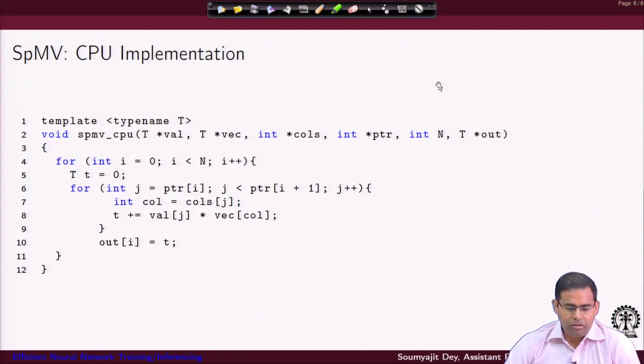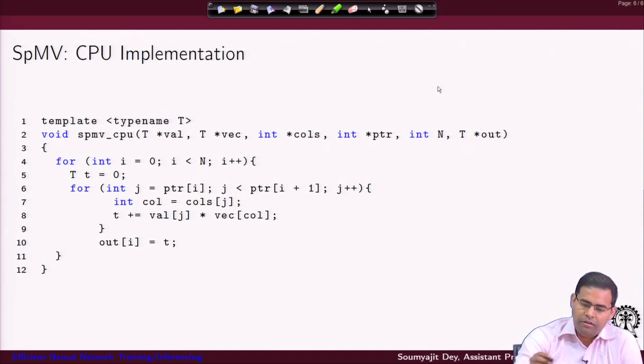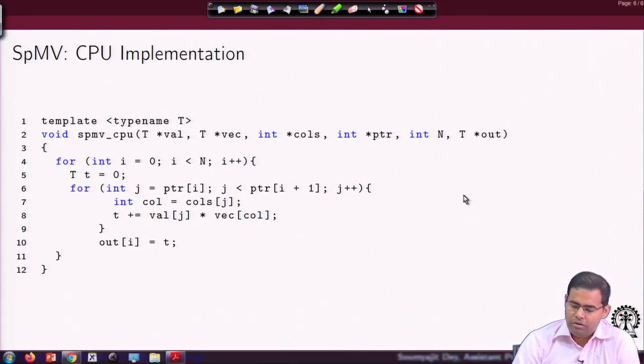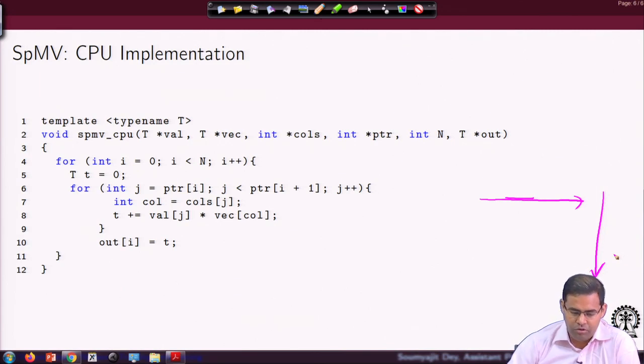Well, the next thing is, we will just shortly touch upon how this is really going to help you. Assuming that you have the storage in the CSR format, you are saving on the storage. Well, how do you really do the multiplication? Well, it's easy. All you need to do is, you already have the vector. You are just required to find out the elements located in the corresponding column, because the vector is already there. So, how do you just do it?